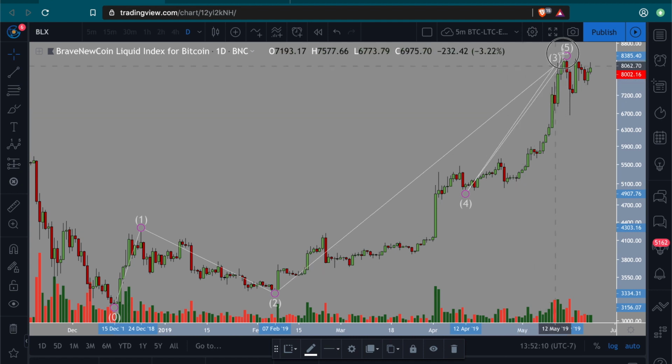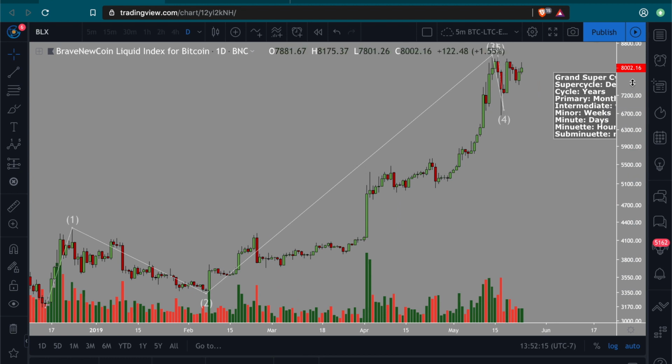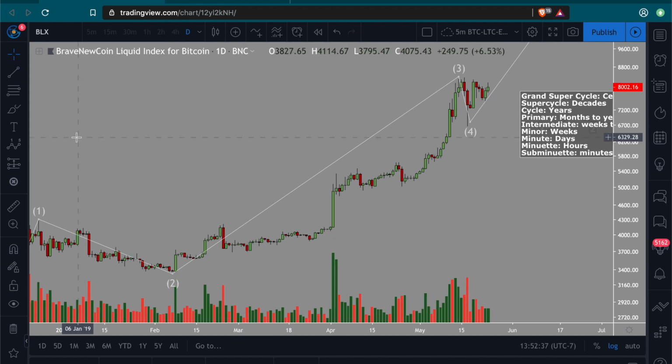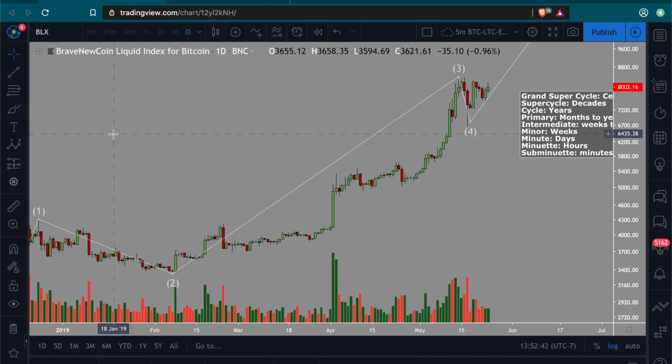So wave 3 could actually be up here. Wave 4 could be over here. And we may have yet to finish wave 5, which could be way up here. Because again, wave 3 typically has some of the highest volume, I would say that all this volume is more applicable to wave 3 in this mess right here. In this case, wave 4 is a bit of a pullback. What did it say? 30 to 40% of wave 3, right? Again, these are all general figures.